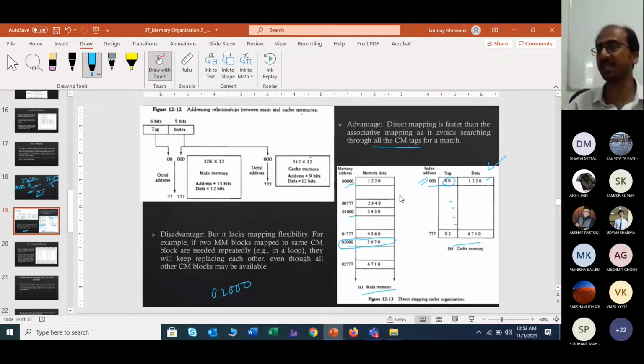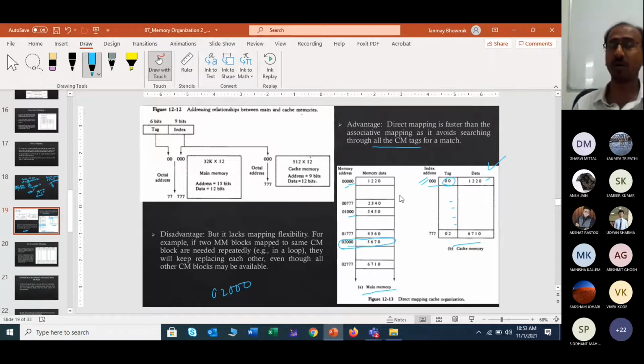Once it has been updated with tag 02, then again it may be necessary to access the data with 01000. So then again it has to update the 02 with 01. All of this will continue so many times. That is the problem of this direct mapping technique.